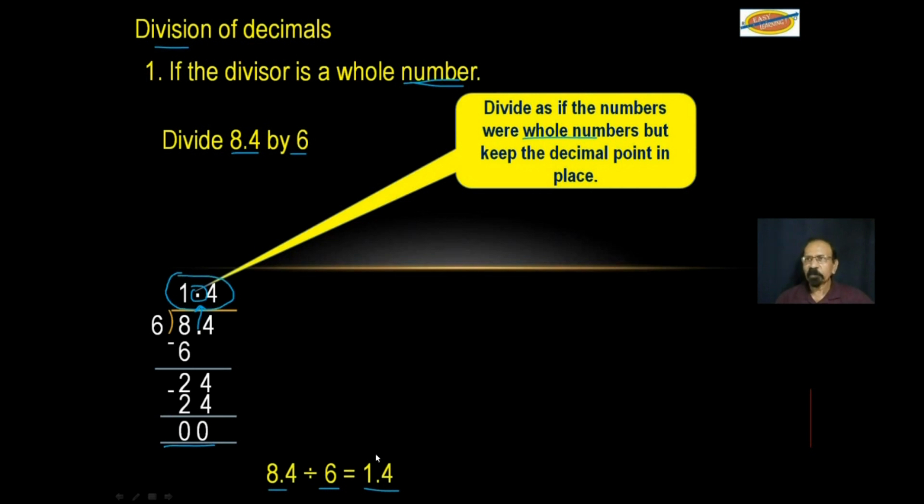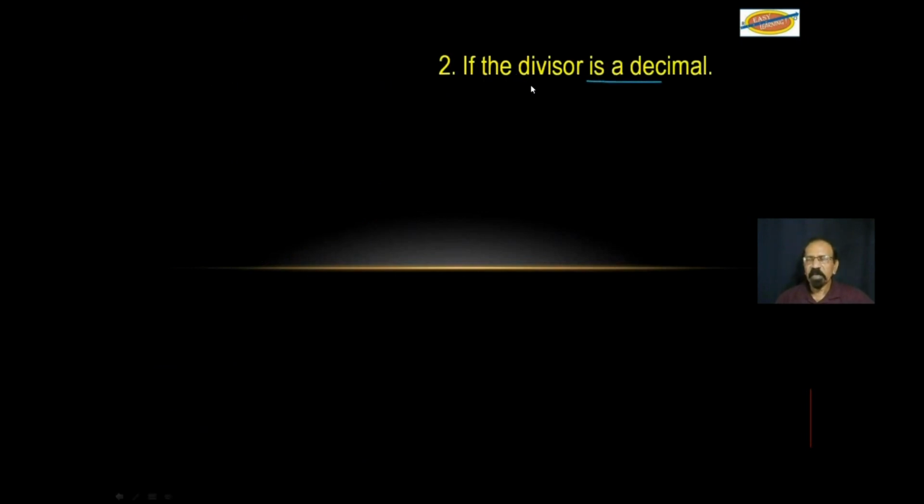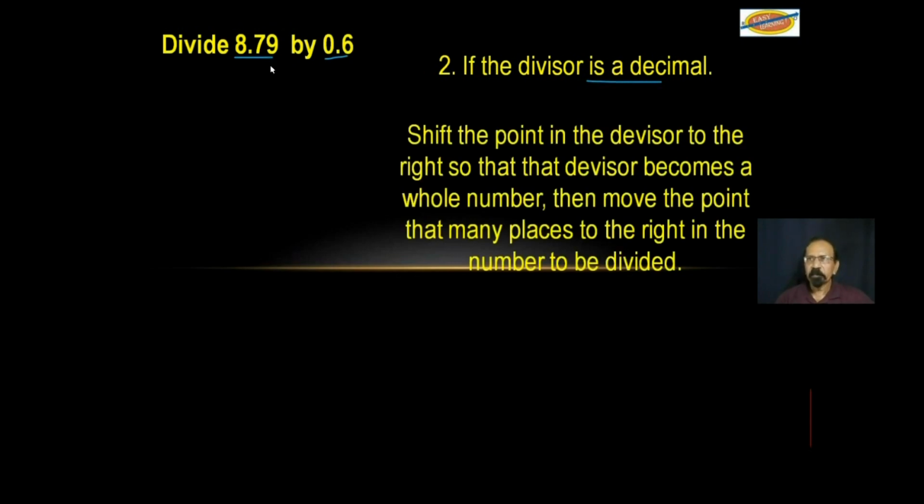Not that difficult. Continuing with division of decimals, 8.79 divided by 0.6. Now, we have to make one preliminary step before we continue like what we did just now. And the one thing is, you shift the point in the divisor to the right as many places as required so that that number becomes a whole number. And then you move the point that many places to the right in the number to be divided. So in this case,